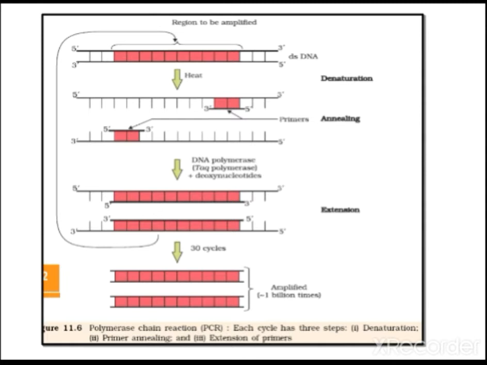Okay, first you see here the DNA double helical structure. It is denatured, and here it separates. This is the first and this is the second strand separated. Later we add primers, small pieces. The newly formed DNA is always from 5' to 3', so that's why one primer is added on each strand. Then it goes on extending, which is the third step, extension. The first step is denaturation, the second step is annealing, and the third step is extension.